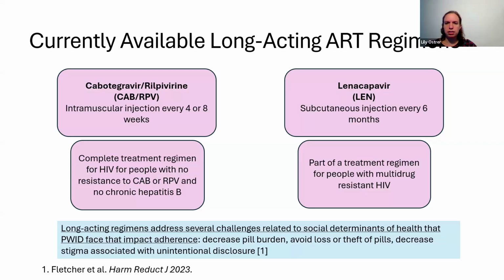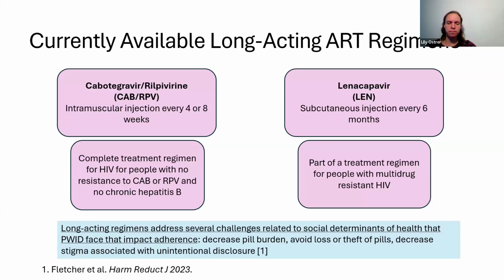Lenacapavir, on the other hand, is a subcutaneous injection that's administered every 6 months, and it's part of a treatment regimen for people with multi-drug resistant HIV, but is not a complete treatment regimen on its own. And we know that these long-acting regimens can address several challenges related to social determinants of health that people who inject drugs face that can impact adherence. Just some examples are decreasing the pill burden, avoiding loss or theft of pills, and decreasing the stigma associated with